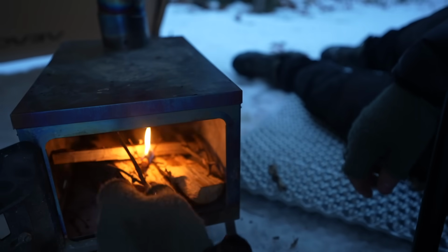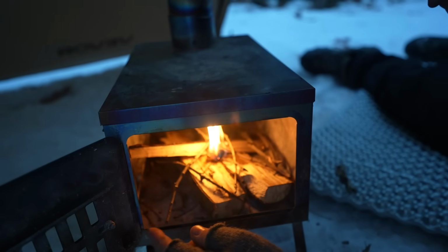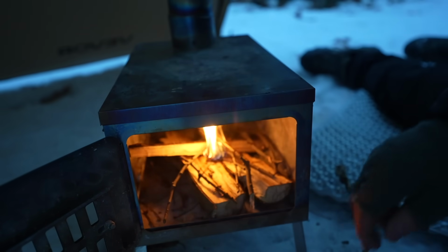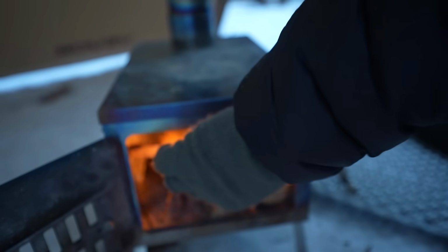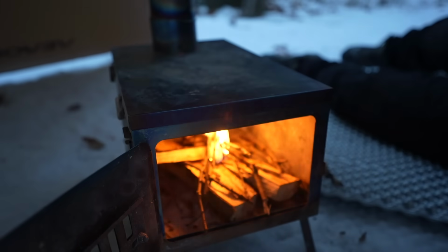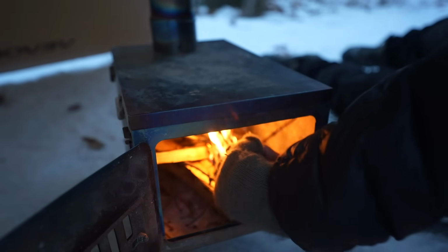This is how you're supposed to do it, instead of rushing. See the difference from what I did the first time? Sometimes I get in a hurry and it's easy to screw it up. It is a cranking. You don't need a ton. Just a few of these sticks will really give you a...